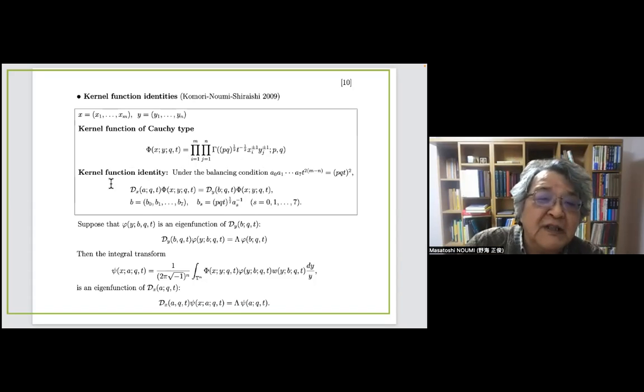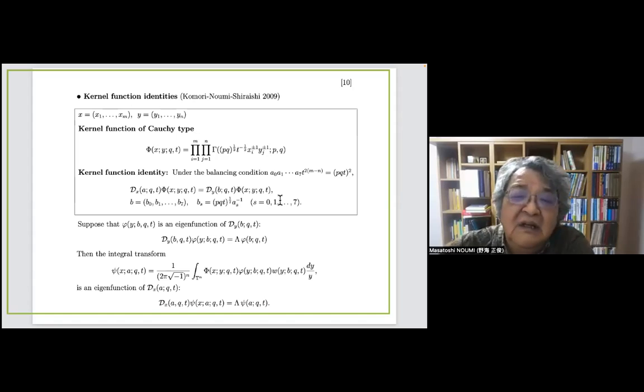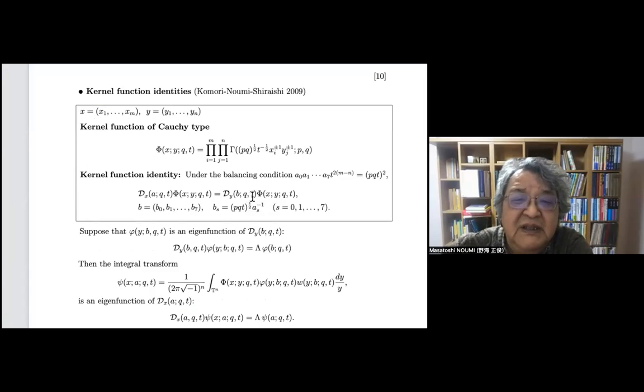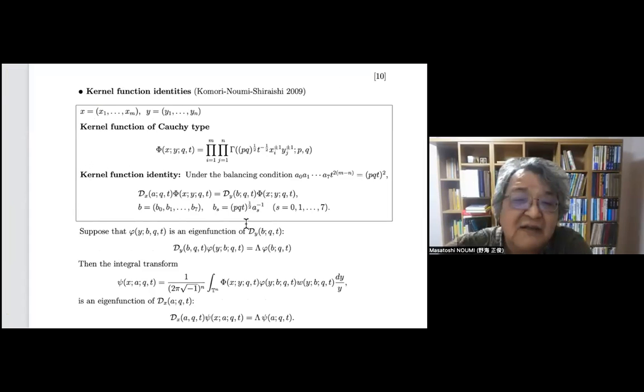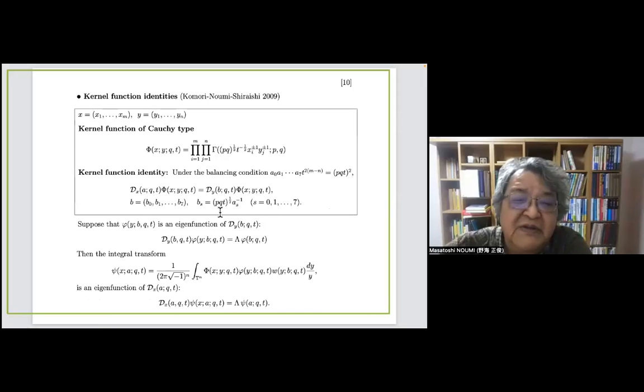And so by kernel function identity, I mean the following formula. This phi function is a function of x variables, which is m-dimensional, and y variables, n-dimensional. Regarding it as a function of x variables, you apply the van Diejen operator in x variables with parameter a, q, t. On the right-hand side, you apply the same type of elliptic van Diejen operator on the y variables with parameter b, t. If you choose the b parameters in this way, square root of pqt times a over as, in this way,